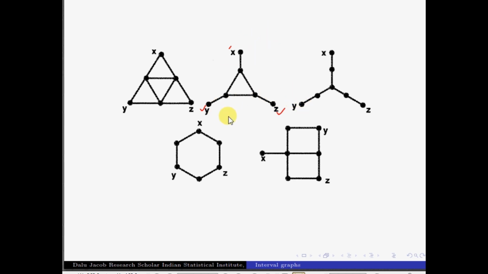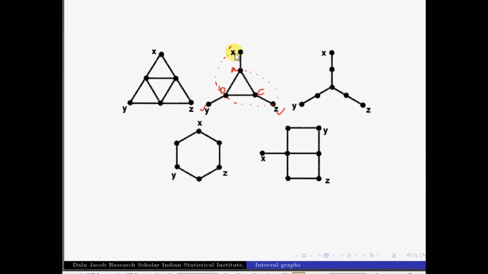The next condition was that if you consider any pair of vertices among them, there should exist a path which does not contain a neighbor of the third one. I am naming these vertices A, B, C. Then we can see that from x to y, there exists a path through A and B, where A and B are non-adjacent to the third vertex z. We are done with x and y, and similarly there exists a path from y to z through B and C, where B and C are non-neighbors of the third vertex x.